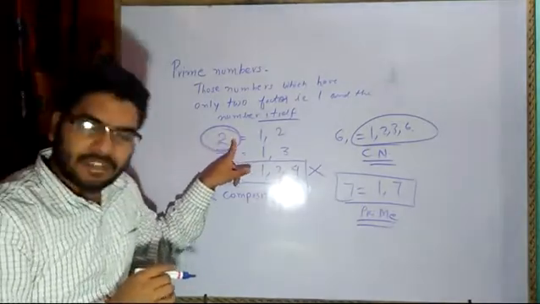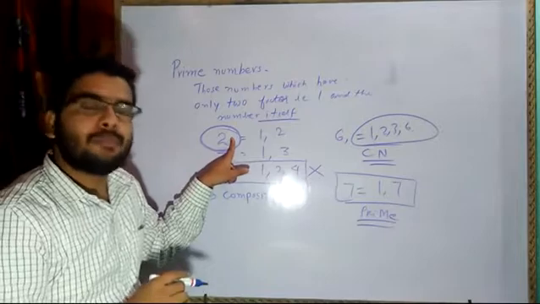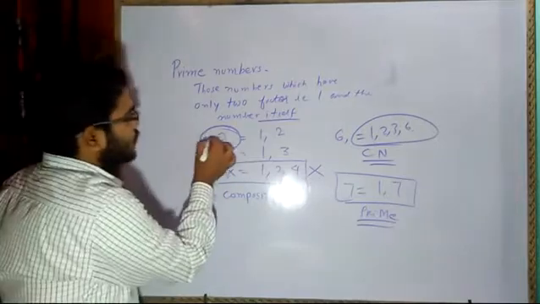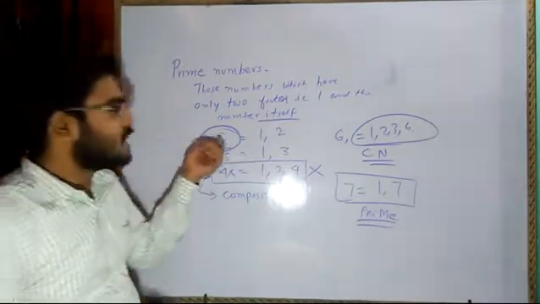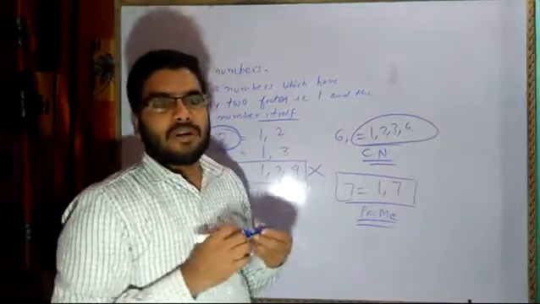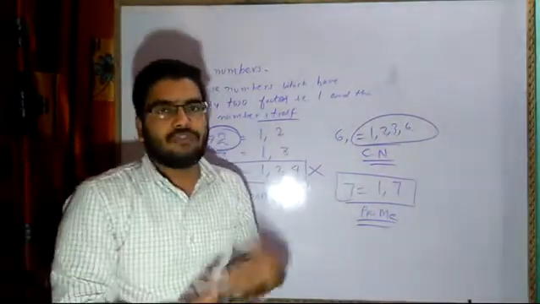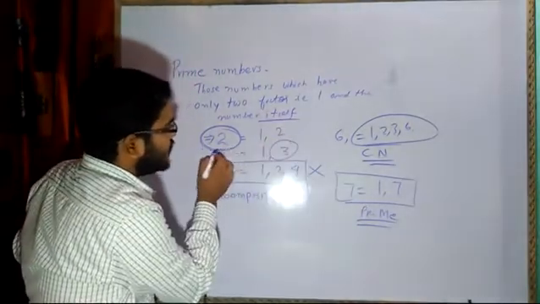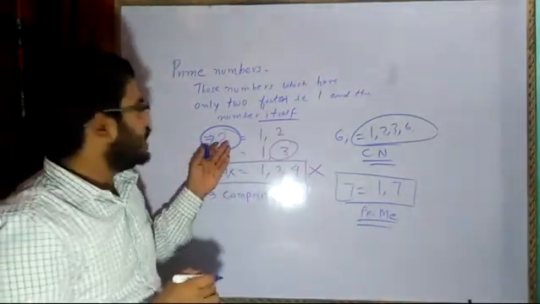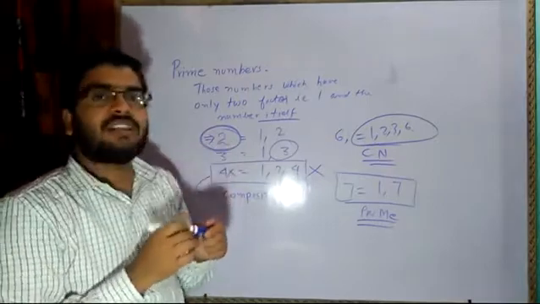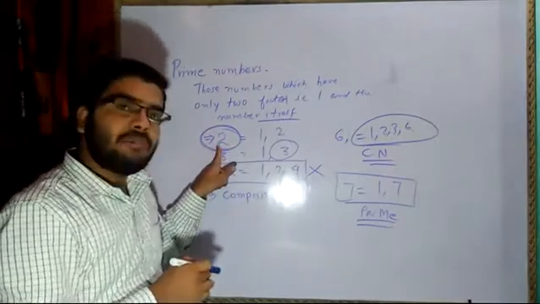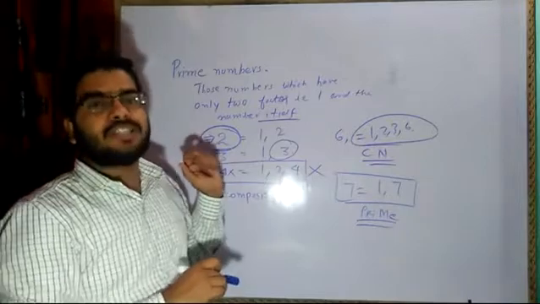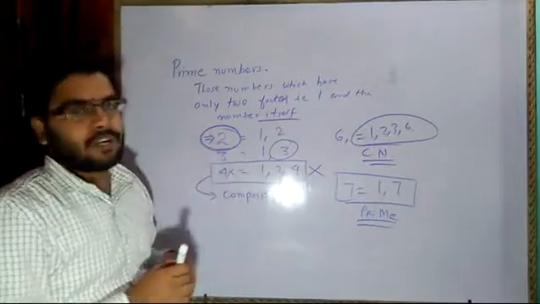It is also called an even number, and it is also called a prime number. So this is an important part. In most competitive exams, they ask, write the smallest prime number. Generally students get confused. They say that the smallest prime number is 3, because they think that 2 is an even number and not a prime number. But here they make a mistake: 2 is a prime number as well as an even number, the smallest even number. So this is the important point here.